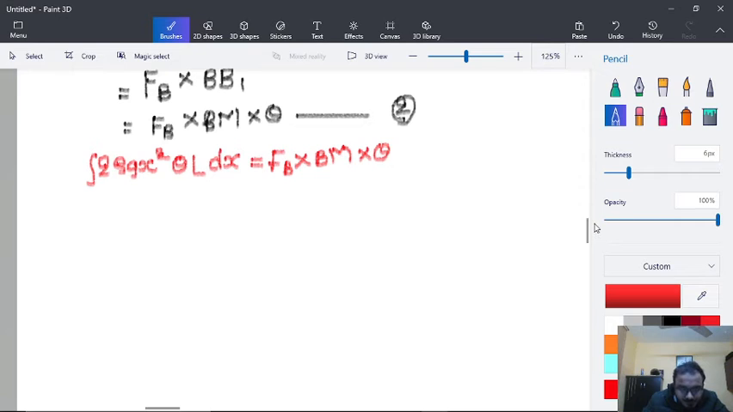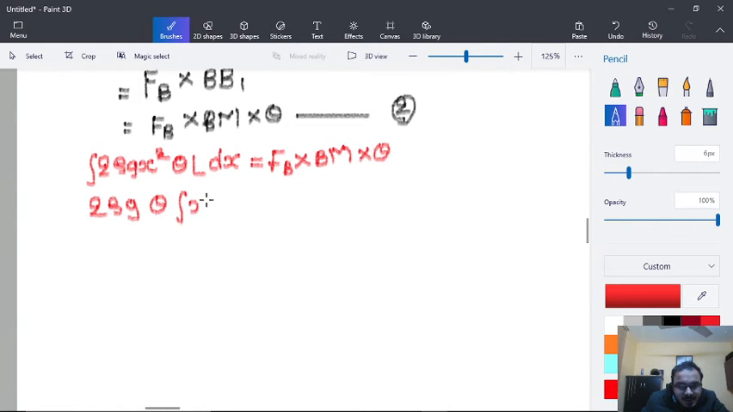So now we can cancel a few things over here. That theta will get cancelled. So let me take the constant terms outside: 2 rho g theta